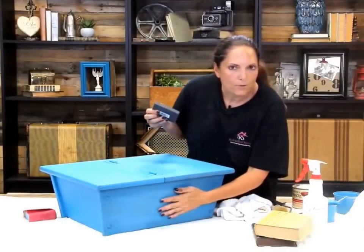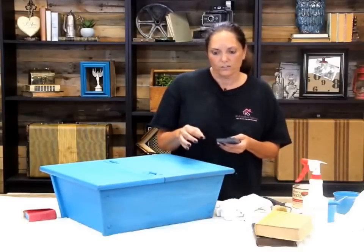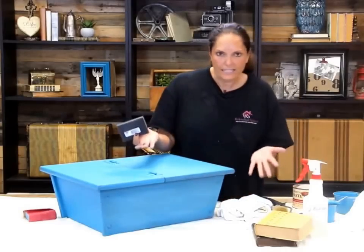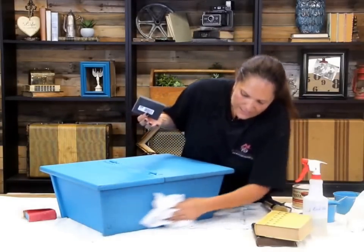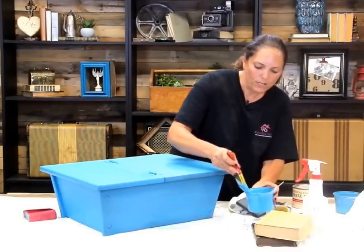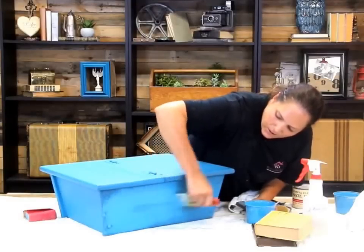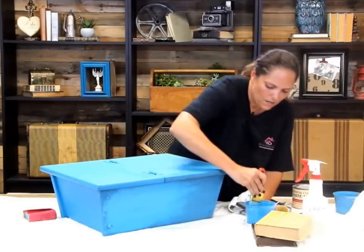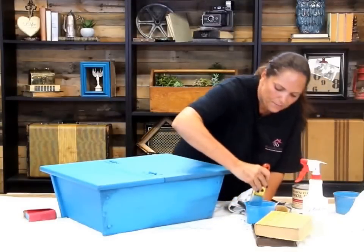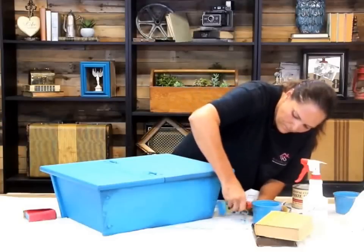So I've never had a problem. I've used this product on several pieces of furniture in several different colors. I haven't had a problem yet with this, and I'm not having a problem now, so I'm going to keep going. So I'm going to wipe off the extra residue and paint my second coat. So I'm going to take my paintbrush and go ahead and paint that second coat on. Get a nice even coverage. And then I'm going to do that on the other three sides as well as the top, and let that